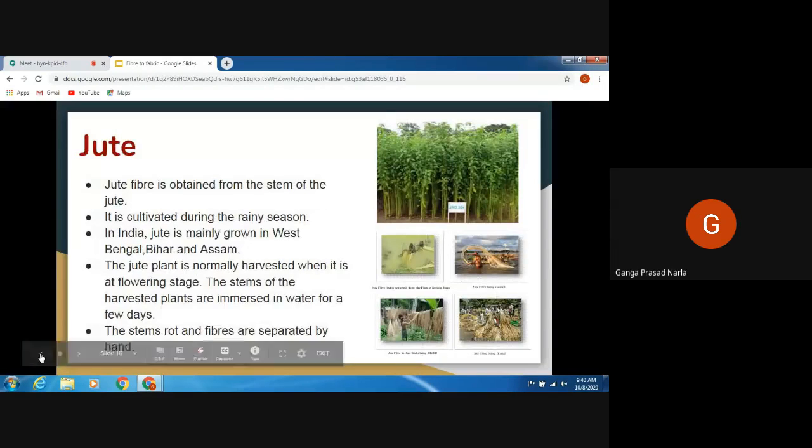Next we are going to learn about the jute plant. Okay, jute. We already discussed, right? Jute fibers are obtained from the jute plant. Jute fibers are obtained from the stem of jute. If you observe the first picture, these are the jute plants. It is cultivated during the rainy season. In India, jute is mainly